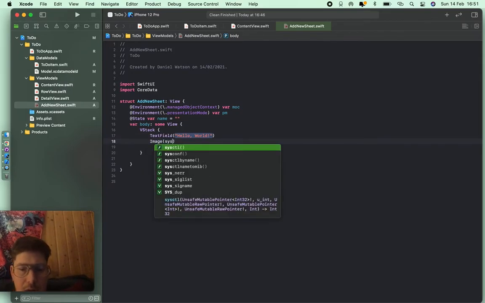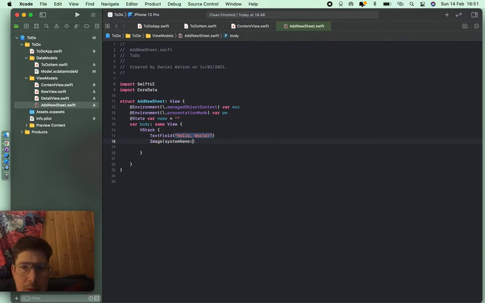The image is going to use a system name of plus. And the text field is going to be add new to do,